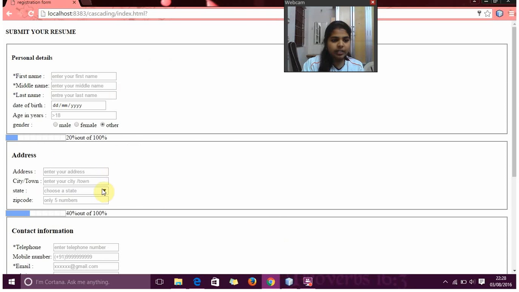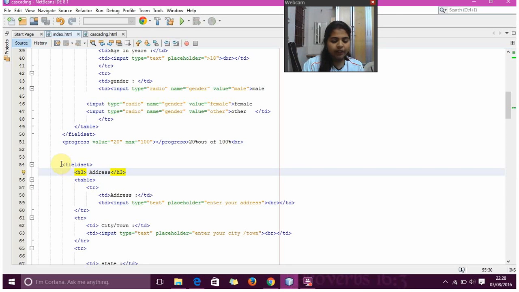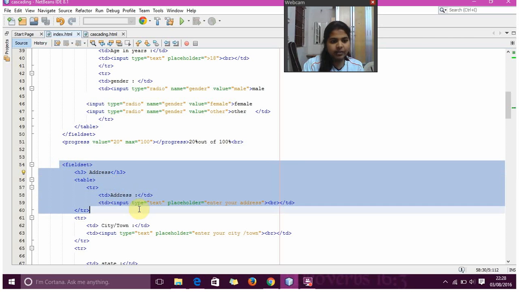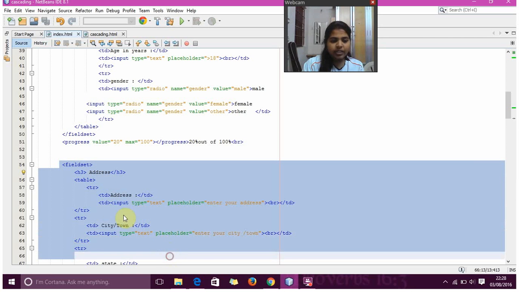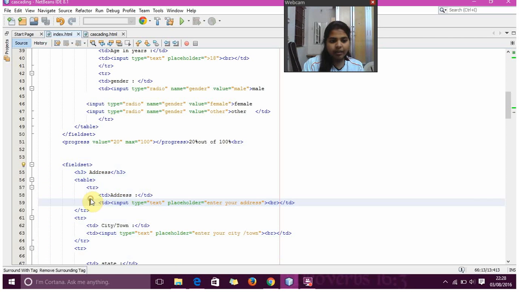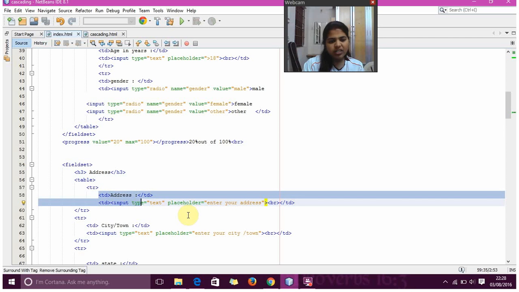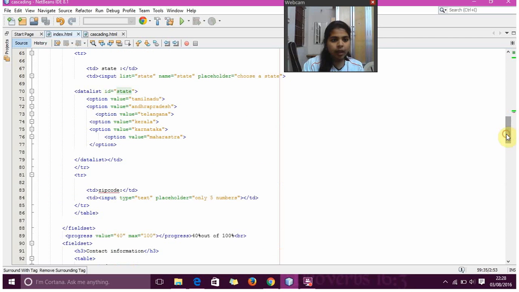So for this particular second one, I just created a similar thing which I have created under field set. I gave just address. I just created table and just a table row and table data where I can include the columns. I just use the same as including text box. And over here, in the address, when you want to choose some state, for that I just gave a